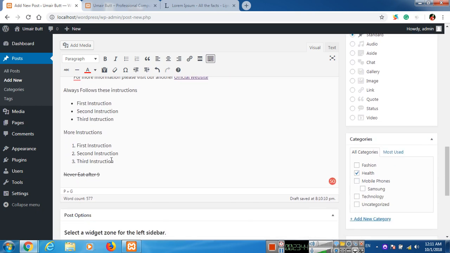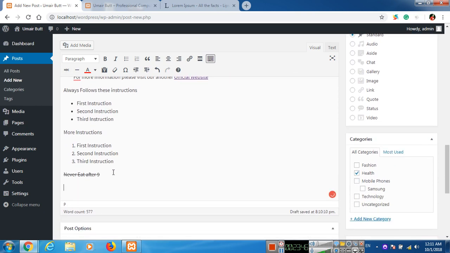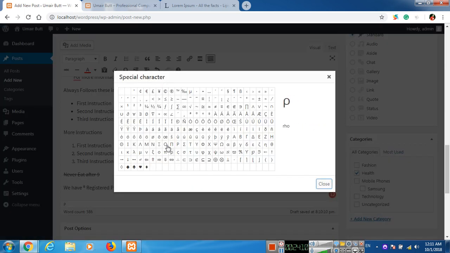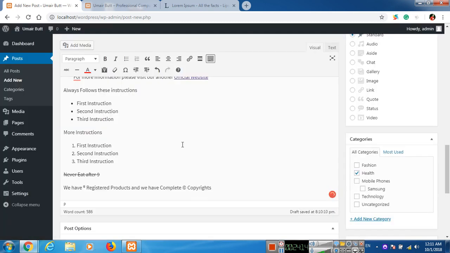And if you want to use special characters, like we have registered products and we have complete copyrights, here you can see special character. So like, see, this is the registered trademark, and if you want to use the copyright symbol, you can see here different symbols. You can use these special characters like copyrights. Okay,